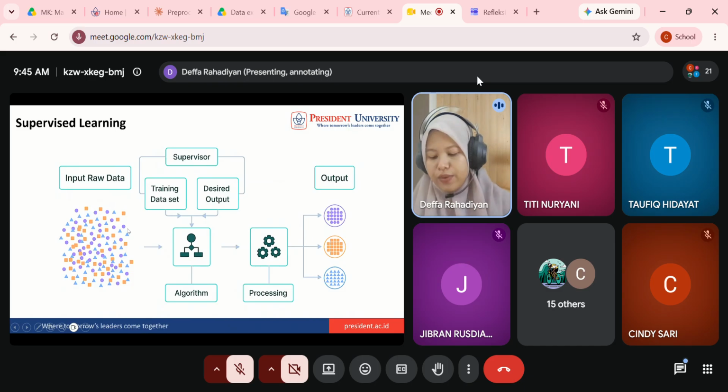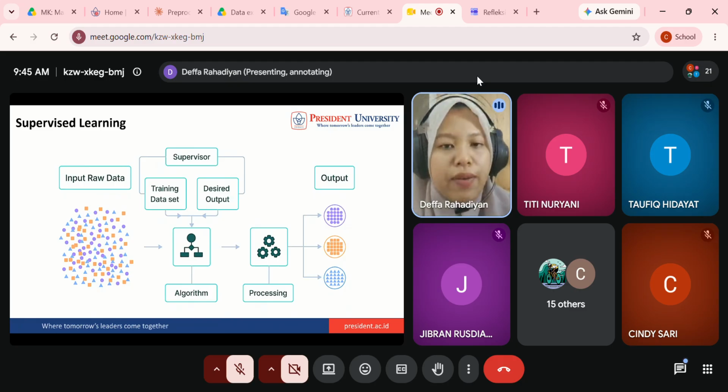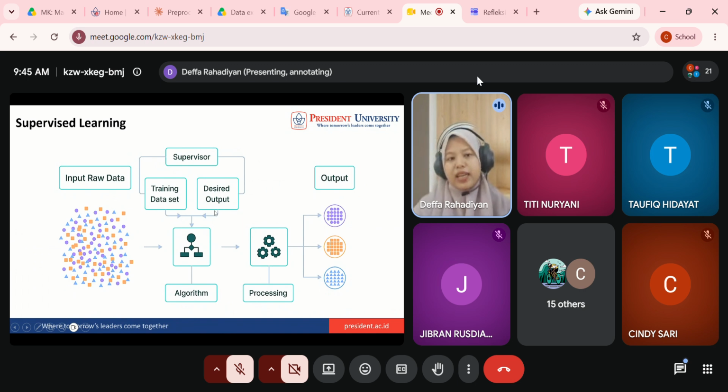After that, we split the data into training, testing, and validation. We need to make sure that the training data also has the label. Then based on this, the algorithm processes and outputs based on the number of classes that we have.